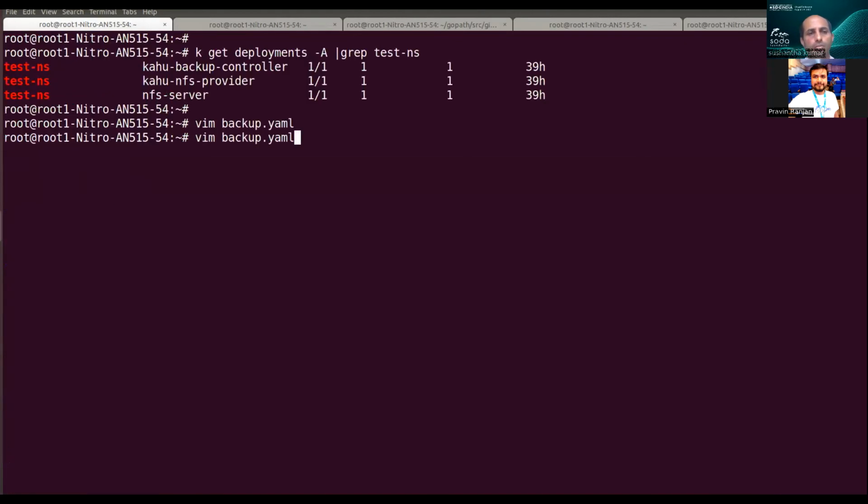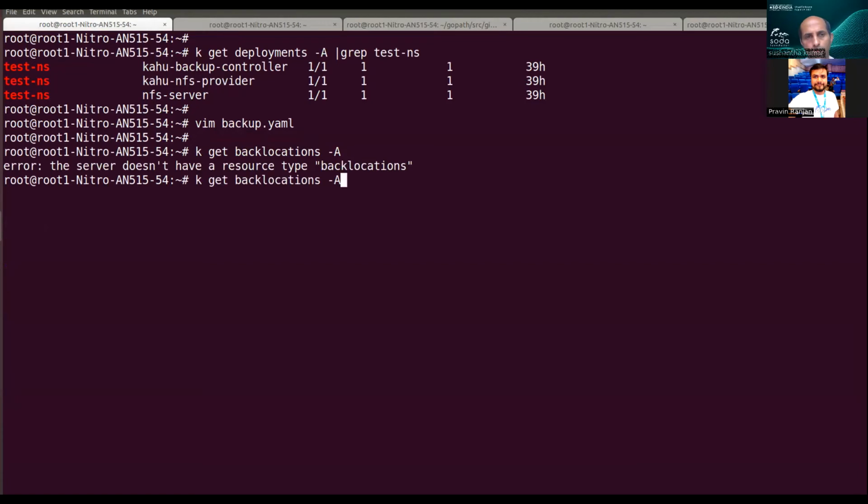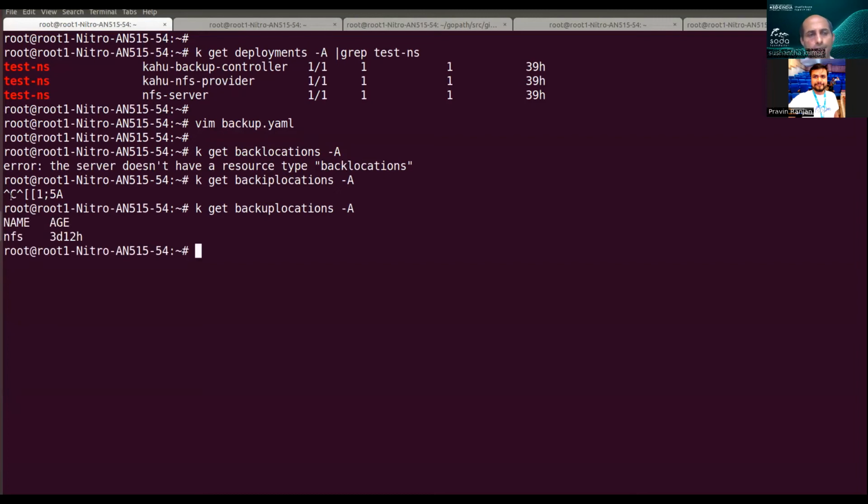Now I will go and create that. Before that, I would like to show that we can get the backup location also. So if you see the backup location, I have a backup location of NFS, and if I describe this NFS,